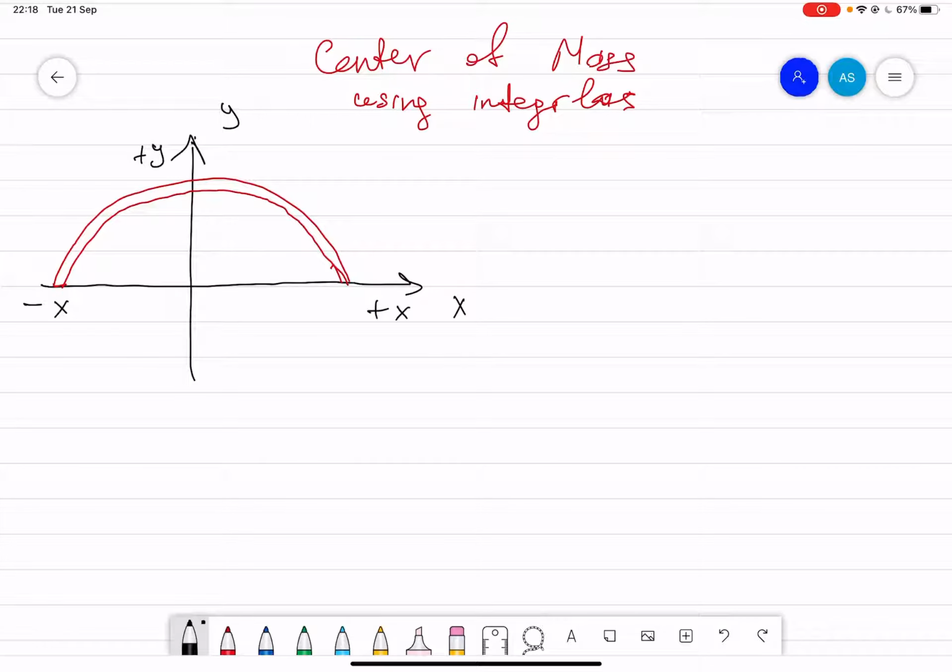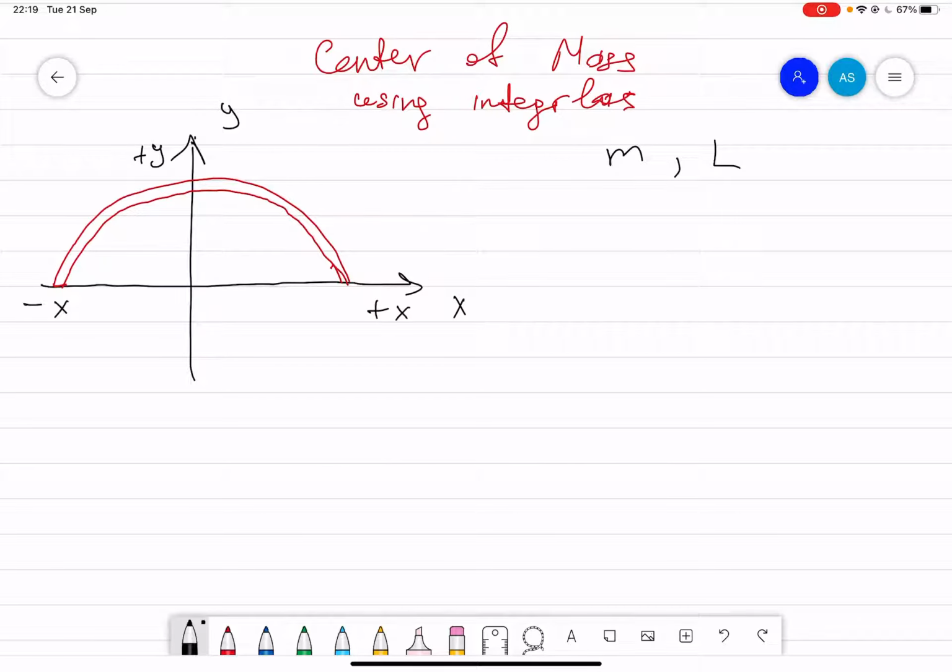Here we have another example where we have to solve the problem of finding the center of mass using integrals. The problem was taken from the book. Find the center of mass of a thin wire of mass m and length L,